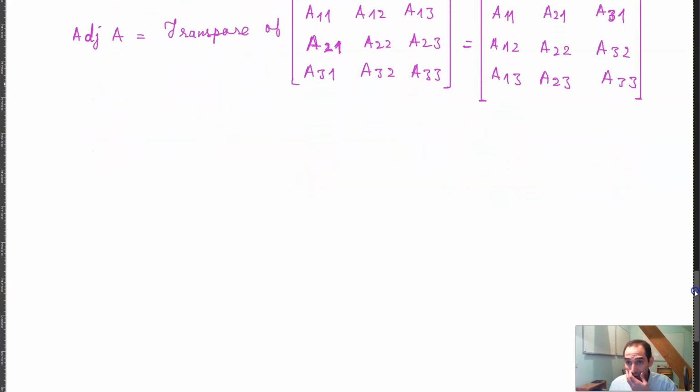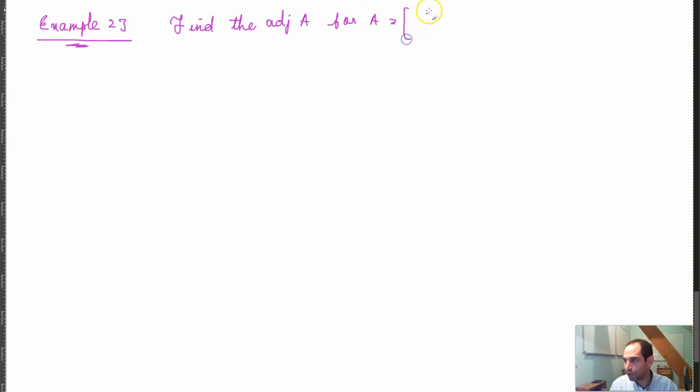So now let's do an example here. Example number 23. We have to find the adjoint of A, for A equal to this matrix 2, 3, 1, 4. So you want to find the adjoint of A for A equal to this matrix, right? So first you need to find the cofactors of these